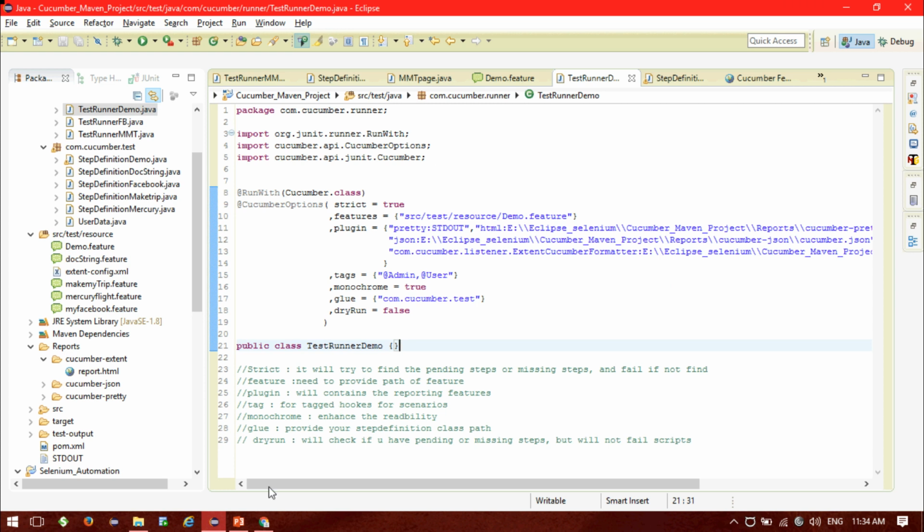So that's all for Cucumber test runner classes, and now you can use the test runner class to execute a feature file. If you want to have several feature files, you can mention them comma-wise. I mention all the feature files here, comma-wise, and put your feature files this way. Mention the full path. So if you have more than 5 or 6 or more than 10 feature files, you can utilize the single test runner to execute all the feature files, and you can also use the tags you want to execute. Accordingly, you can also generate the report.